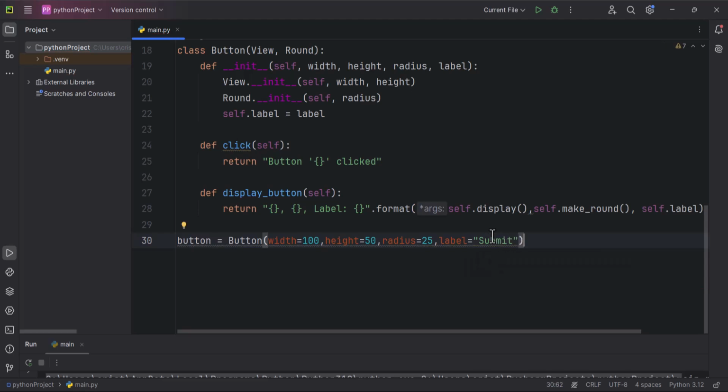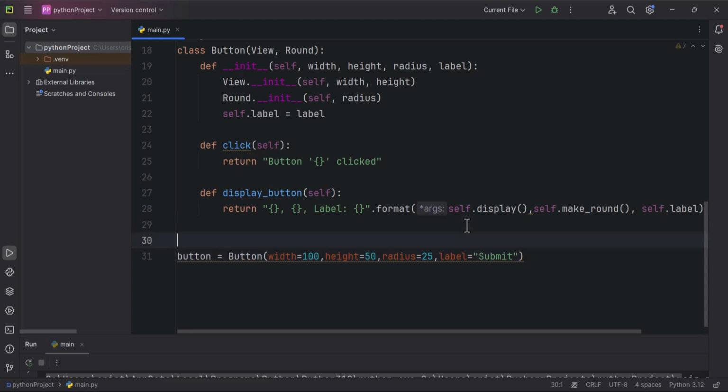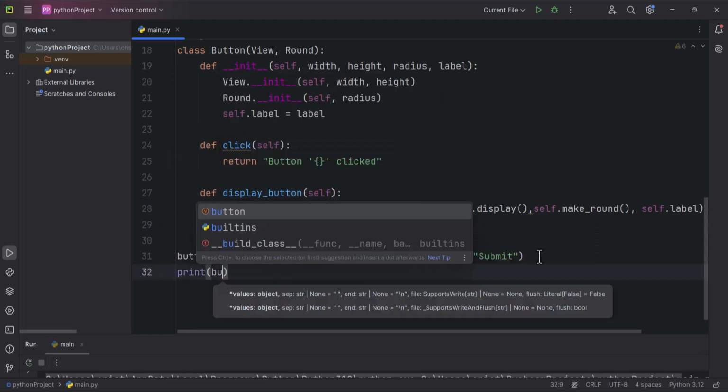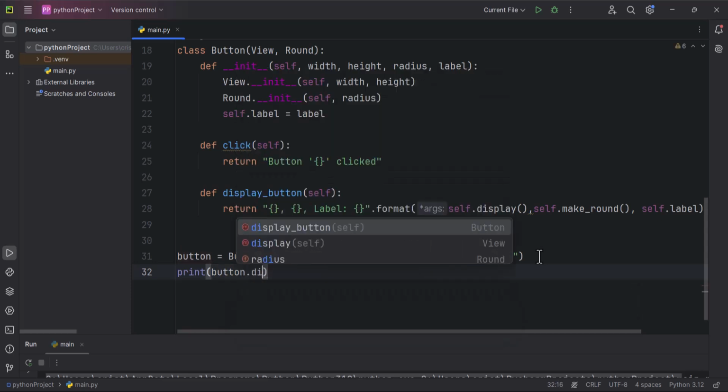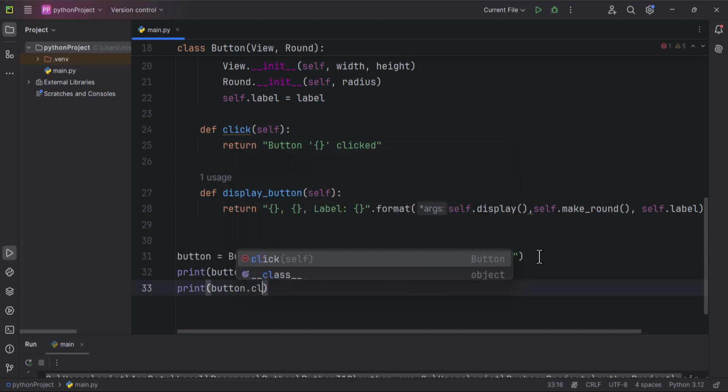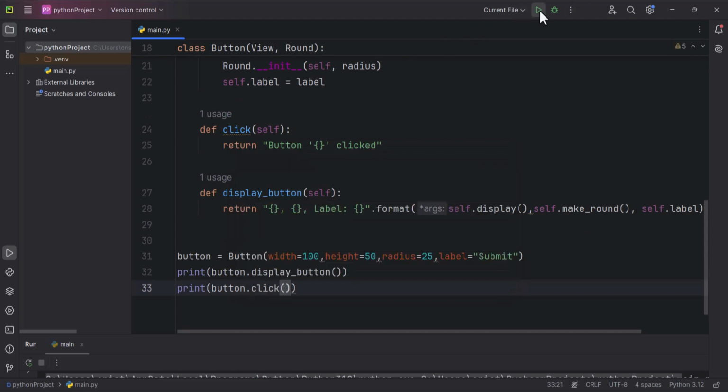Then I'll go down here. Let's push this down. I'll type print button.display_button, and another print button.click. So now if you run this,